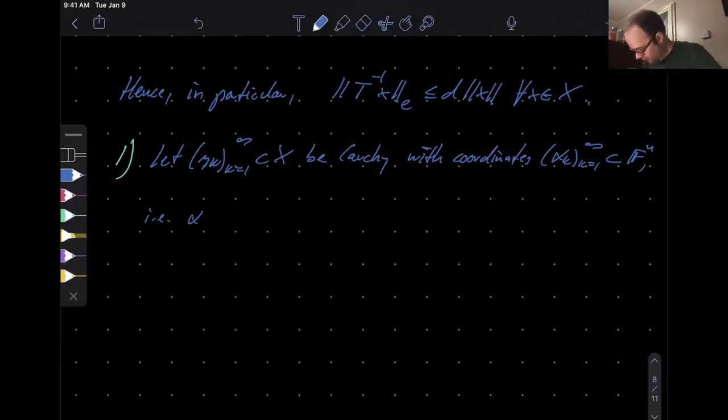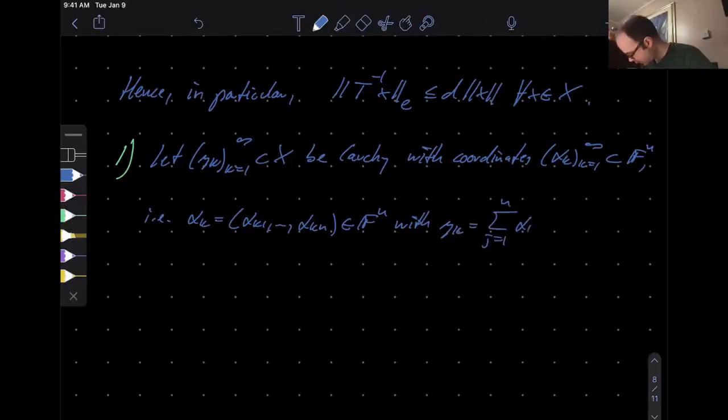meaning, let's write this out. So alpha k, say, is alpha k1, ..., alpha kn in Fn, with yk equal to the sum from j equals 1 to n of alpha kj xj. That's what I mean by coordinates. Okay, then by the above,